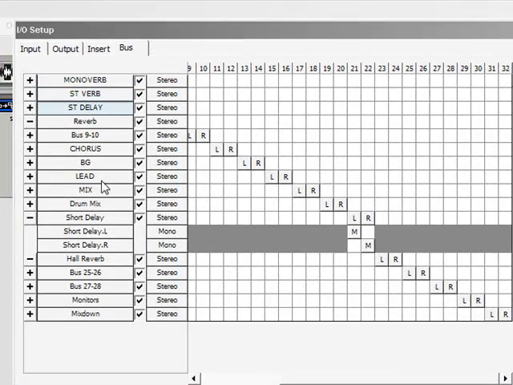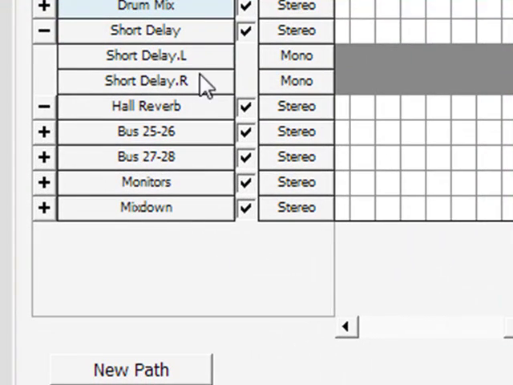I like to put a couple of reverbs here, some delays, a chorus section where I chorus things for my background vocals, different reverbs, different delays. Drum mix is very important. I also like to put a monitors bus and a mixdown bus. Very important